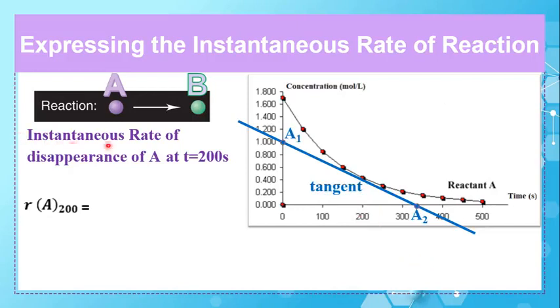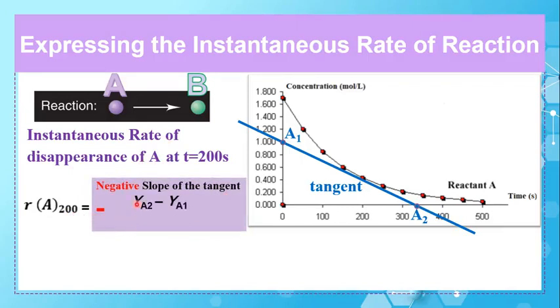And the instantaneous rate of disappearance of A at T equal to 100 seconds will be equal to the negative slope of the tangent equal to minus y of A2 minus y of A1 over x of A2 minus x of A1. The negative here is because this fraction will give us a negative value, and the rate has always